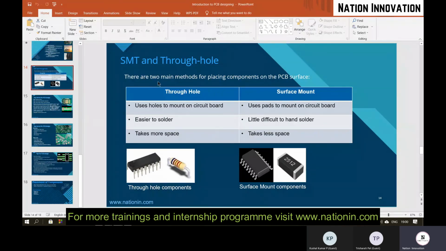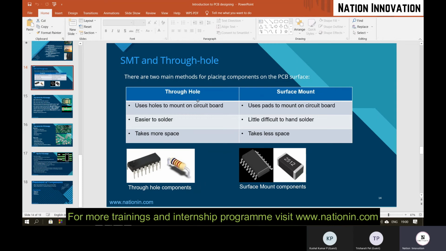The basic difference between SMD and through hole components is that in case of SMD components, whatever components you are using will be placed on the PCB board. It is soldered on the above layer only, not the below layer, because you will not be making any holes into the boards. No need of making holes. You just need to place the component on the board and soldering is done on the board only.